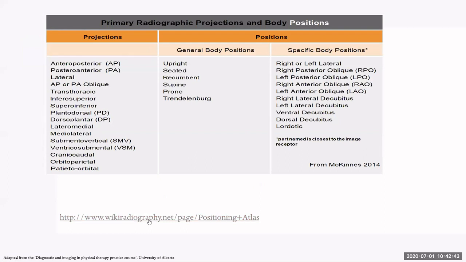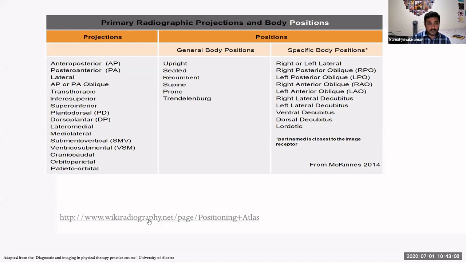This is the AP view of the knee, and you can clearly see the structures in the adult knee AP view. This is the lateral view of the knee. Again, you see the structures present. This is all the right knee, and this is called the skyline view of the knee, which is made to visualize